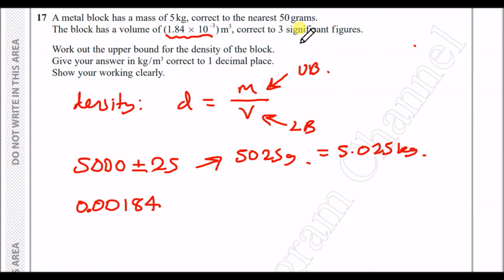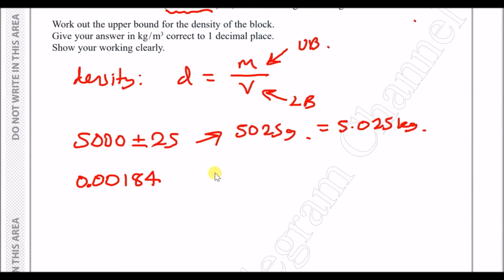Now, it says correct to three significant figures, so it's being rounded. The trick is to always put some kind of interval behind it, yeah? So I'll always do this, guys. Always put this kind of interval. So we're going to write a form like that, yeah? So it will be less than a number or less than or equal. And what we do here, when you want to find the upper bound, so this is the upper bound value and this is the lower bound, all we do is always add a 5 at the end of three significant figures. So it'll be